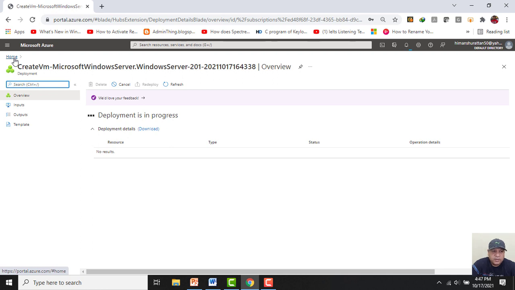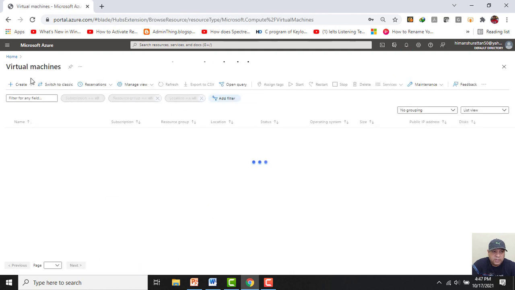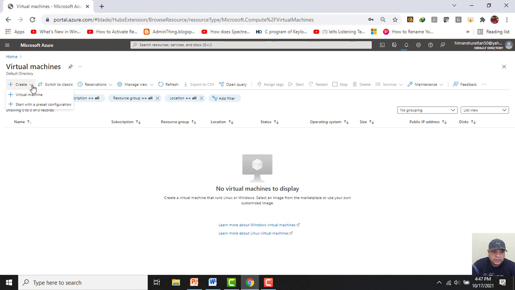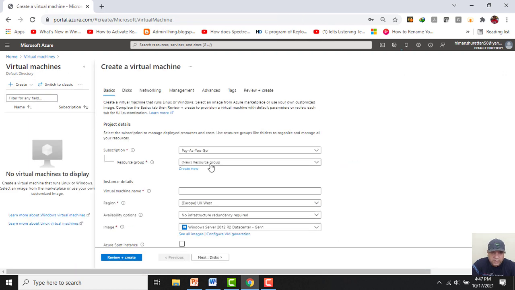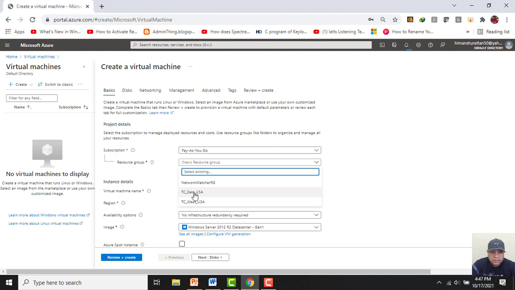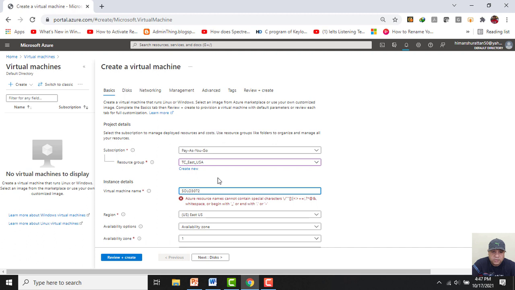Since the deployment is in progress, let's click on create virtual machines and we will create another virtual machine in network B. So I will again use the resource group as TC_East_USA. I will give the virtual machine name as Solo 3072.